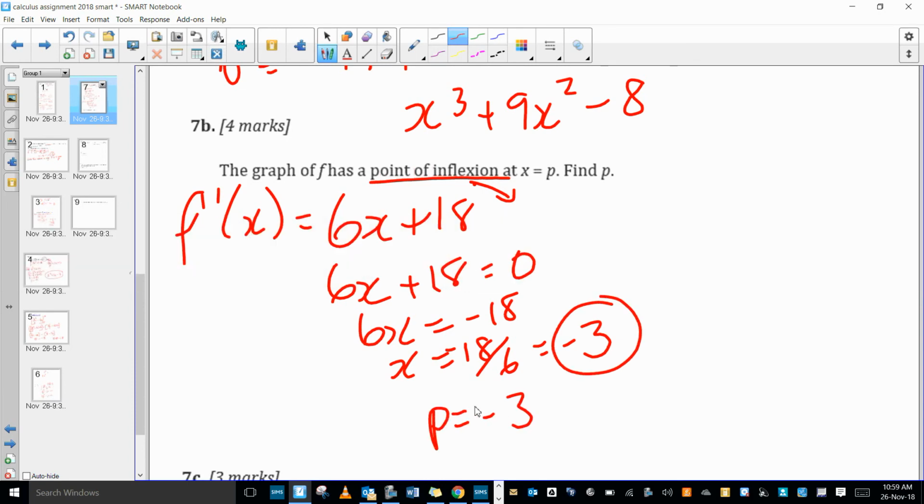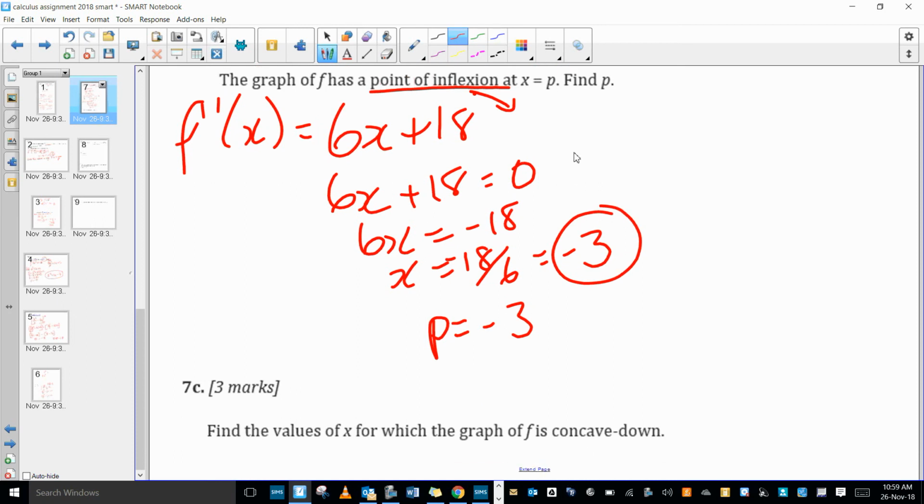Find the values of x for which the graph is concave down. Okay,